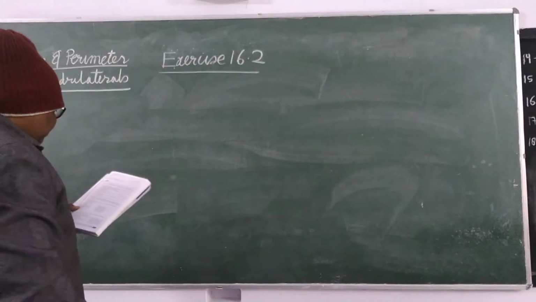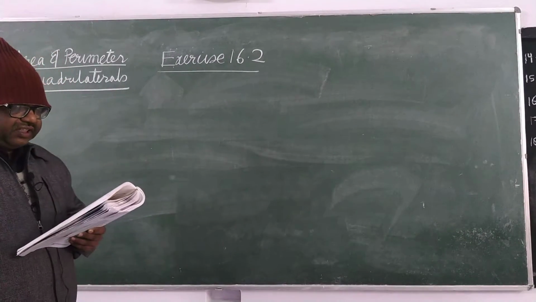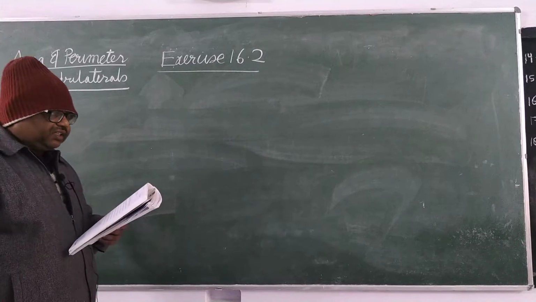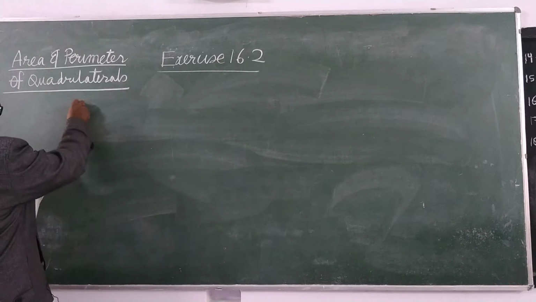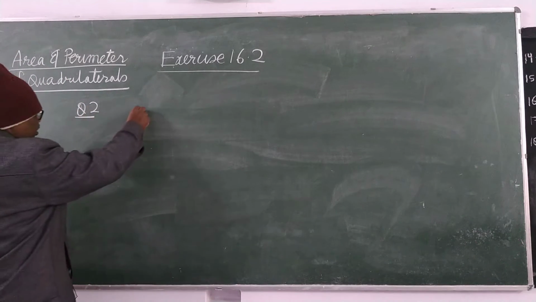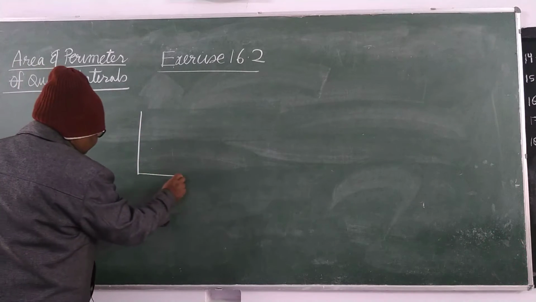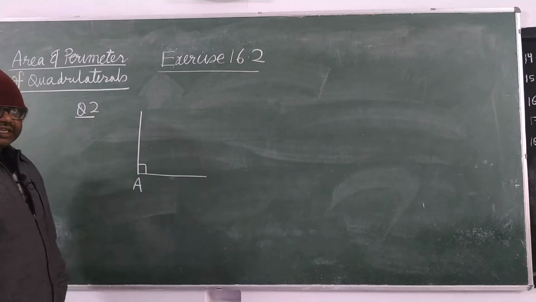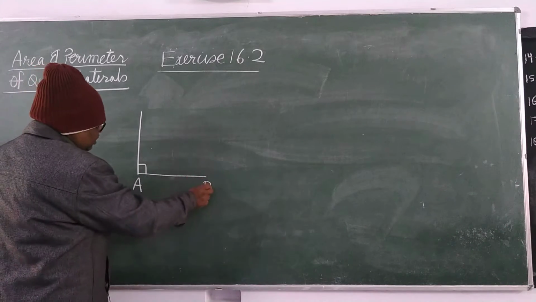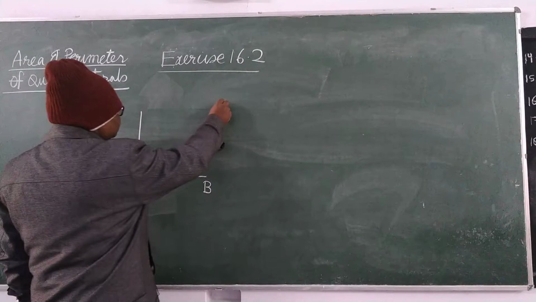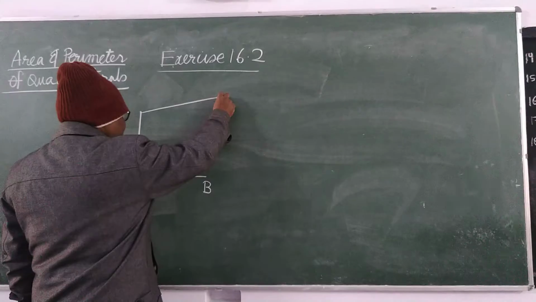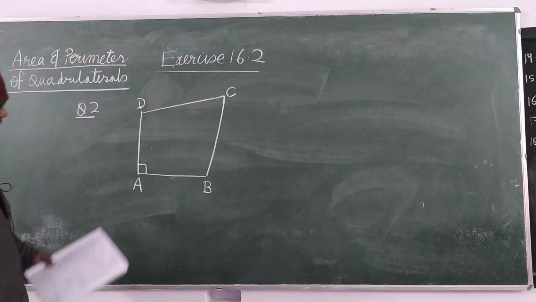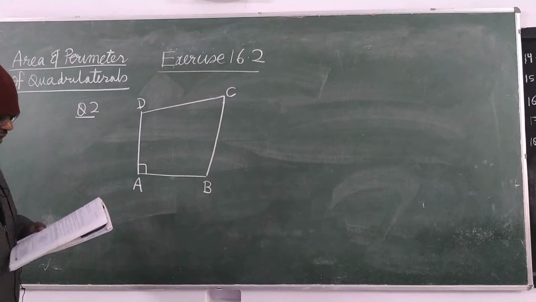Question number 2, find the area of quadrilateral ABCD such that here AB, BC, CD, AD is given and angle A is given 90 degree. So first you draw the quadrilateral in such a way that one angle is 90 degree and that angle you name as A. It is clear? Now then B, here suppose this is B, this C and this we have taken D. It's clear, like this.